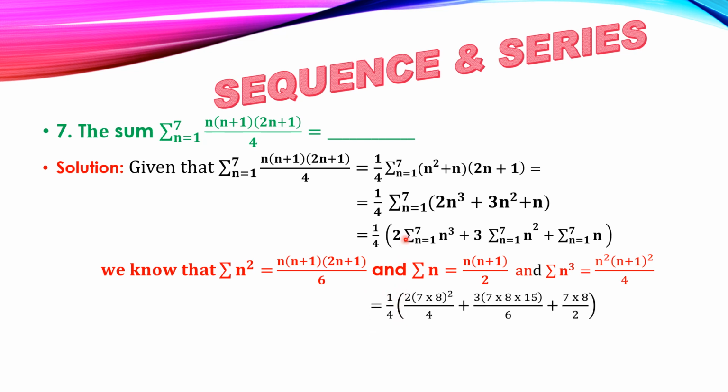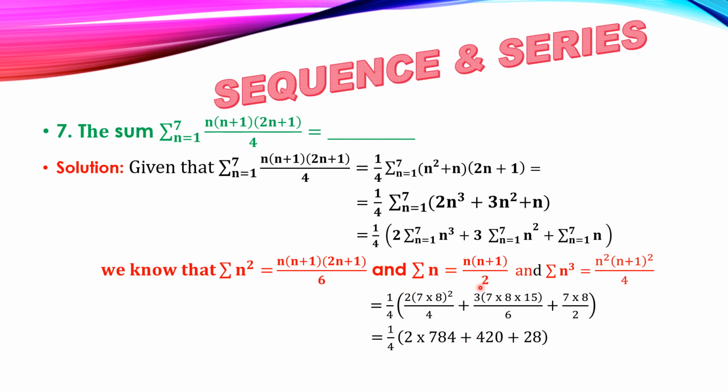The value is 1 by 4 into, 2 is constant, 2 into n square into (n plus 1) whole square by 4. So n into (n plus 1) means 7 into 8, whole square, by 2 square, that means 4, plus 3 into 7 into (7 plus 1), 8 into (2n plus 1), so 7 into 2 plus 1, 15, by 6, plus summation n, n into (n plus 1) by 2, that is 7 into 8 by 2. Now the value is 1 by 4 into 2 into this value, which simplifies to 784,